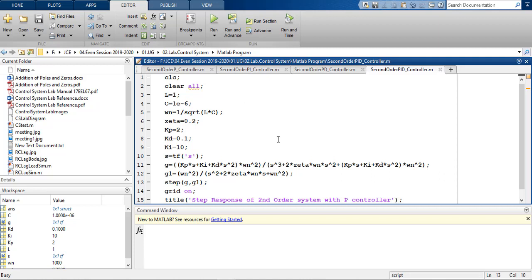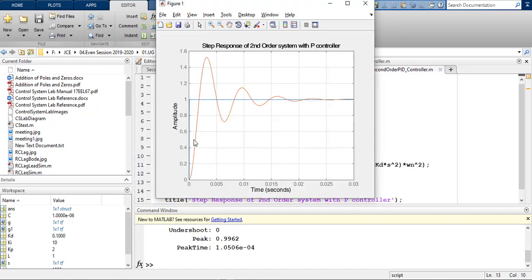Okay, what was the effect? You can see if you click the legend, this button, you can see the red one is G1, and this is G. You can see using this PID controller, the output is much faster.